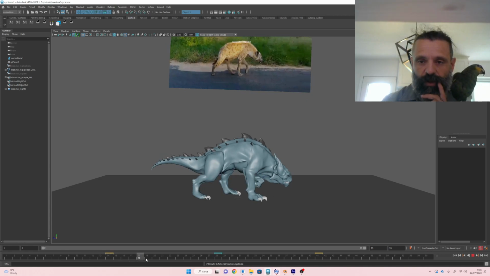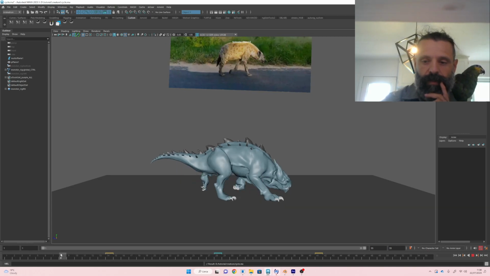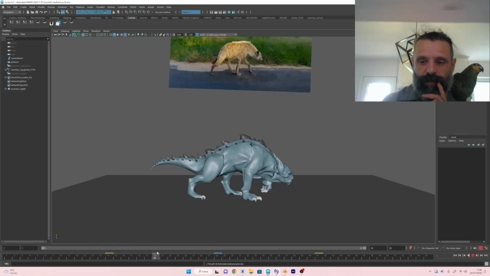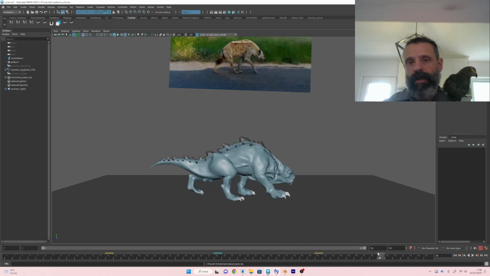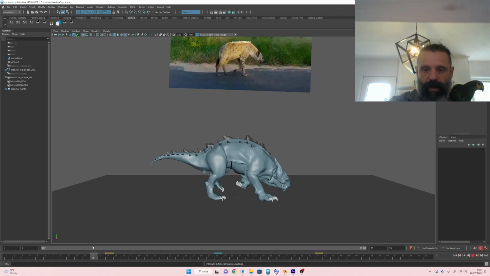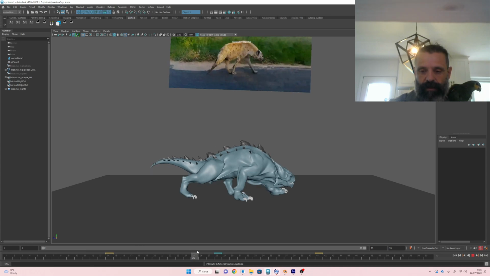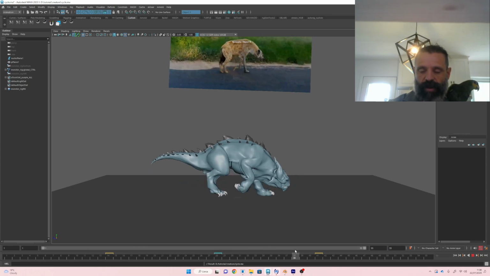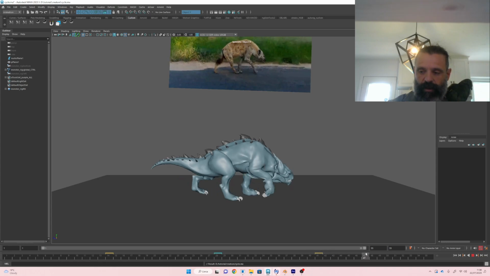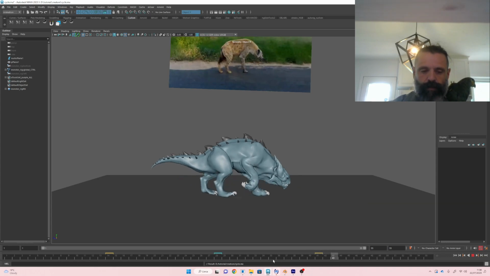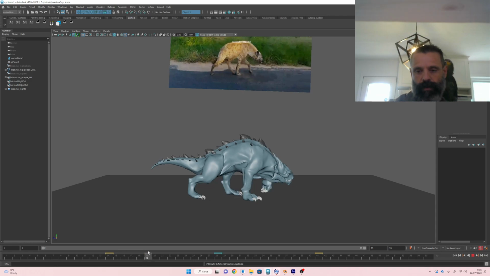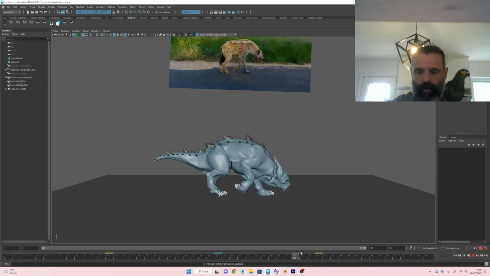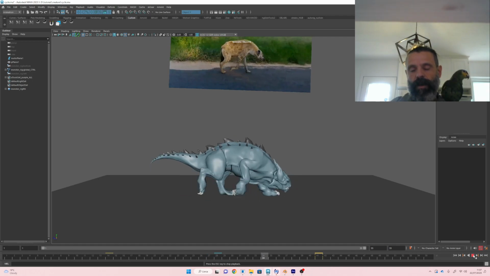So, you remember, this is the reference I used, and there was the hyena, a really typical walk, where the hyena moves two legs together, like the giraffe, like the camel, like the dromedary. So this was my blocking, okay, and we can see,